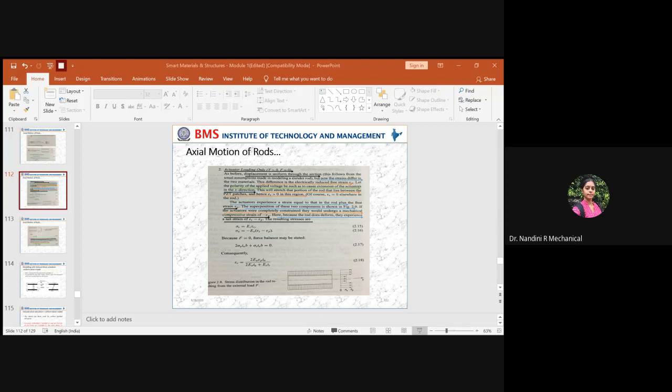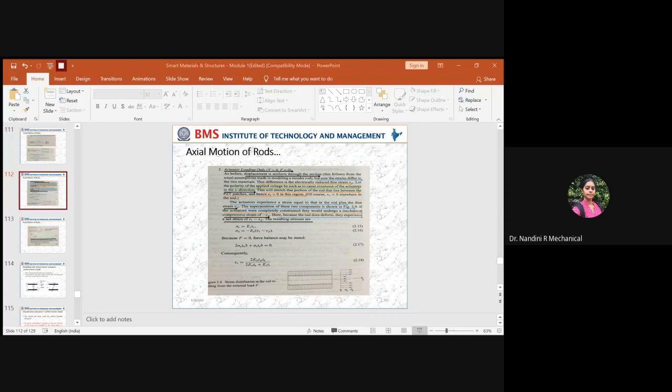And further, here the force applied will be 0. In the previous case, what happened? We applied some magnitude of the force because that was mechanical loading. So you need to achieve this equation to attain the force equilibrium. But in case of actuator loading, you are not applying any force at all. It is only the voltage that you are applying. So in order to make the equation in equilibrium condition, here you won't write F. Please remember, since force applied is 0, you will directly write it as 0. So the force applied will be equal to 0.